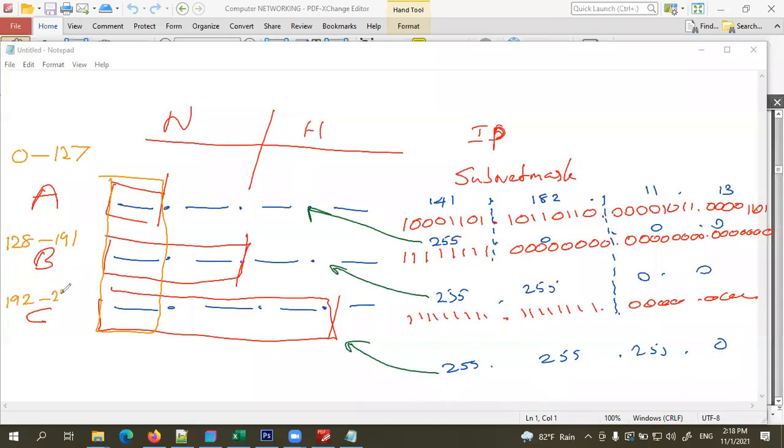If it is 192 to 223, then the subnet mask will be 255.255.255.0. So there is a method to identify the subnet mask of an IP address by just looking at the first octet of the IP address.